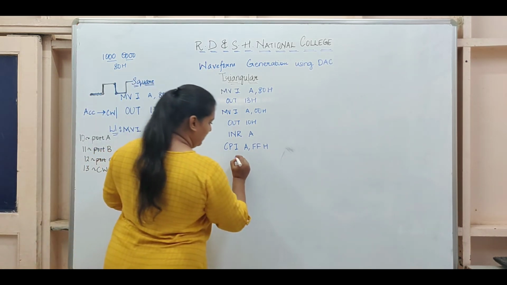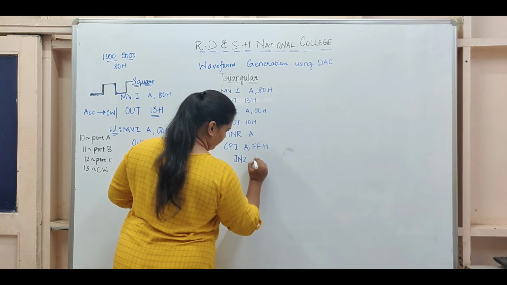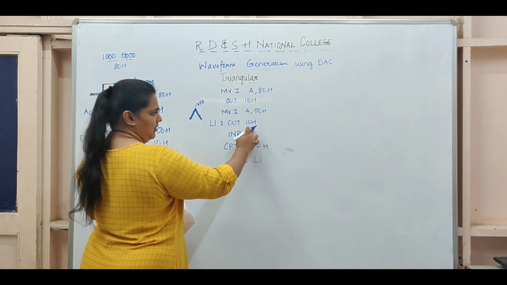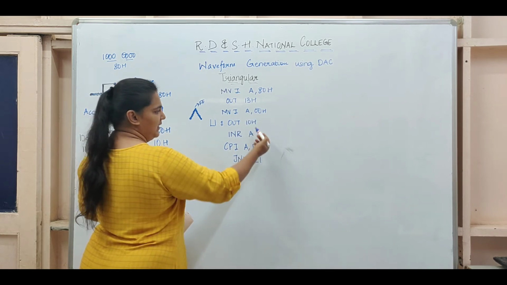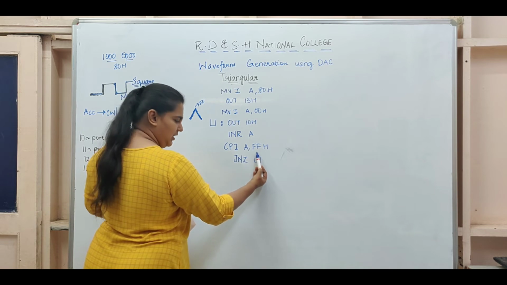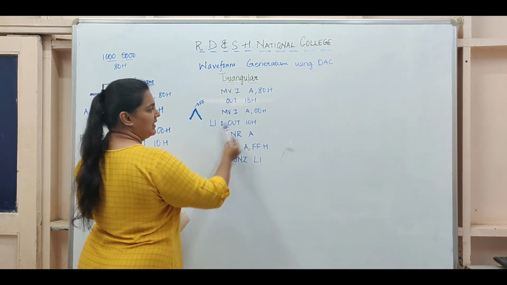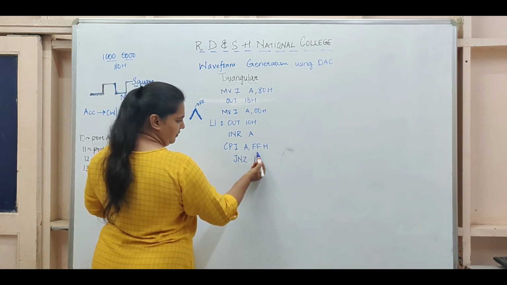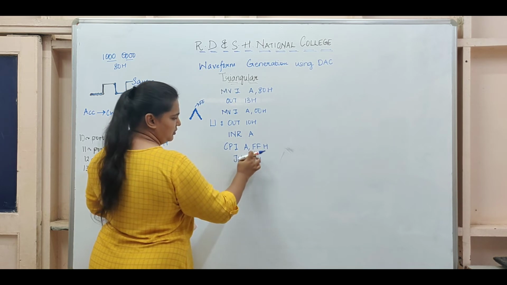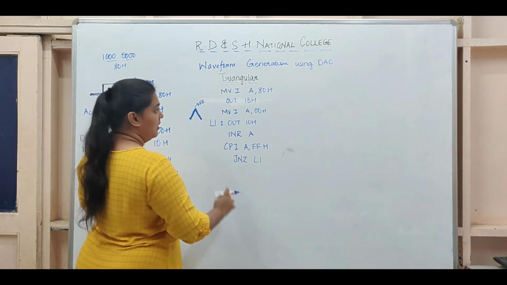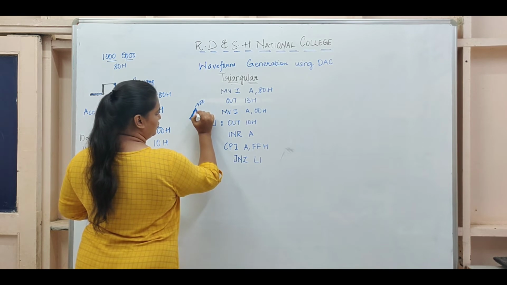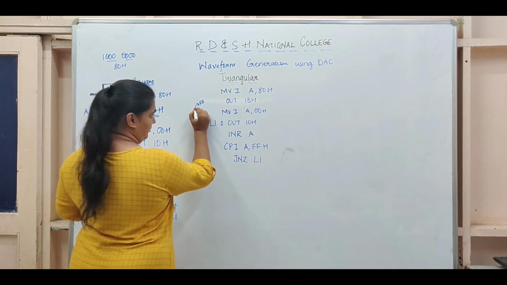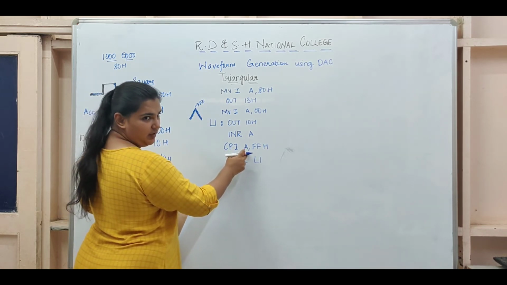So till my flag is not raised, I will go back and send that value to port A, from port A to DAC. Then again increment. If it is not equal, I will go back. I will keep repeating this till I reach FF. The minute I reach FF, it will compare, the two values are equal, it will not jump, it will come out. Now from this state, I want to start decreasing. But I have not reached FF. I am at FE, because the minute I reached FF, I came out.